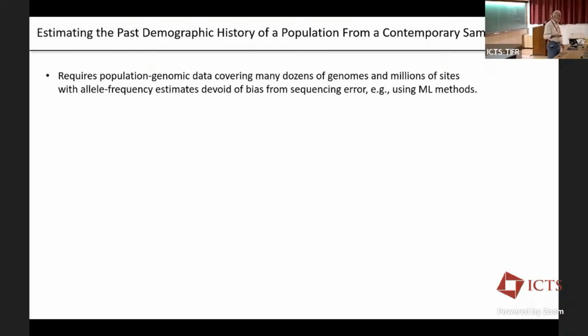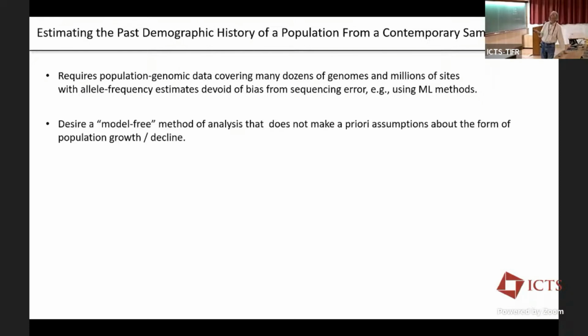And you need to really know your allele frequencies. So you would not use pooled population sequencing to do this, because a lot of your rare alleles will just be sequencing errors. So you have to be careful what you're doing. And we use maximum likelihood techniques to factor out the errors in allele frequency estimation. What we're trying to do is get what I call a model-free method of analysis. A lot of people try to use information like this and say, okay, let there be a population bottleneck, and let's try to figure out where it was and how deep it was. But we're just going to be model-free here. We're going to just let the demography do whatever it does.